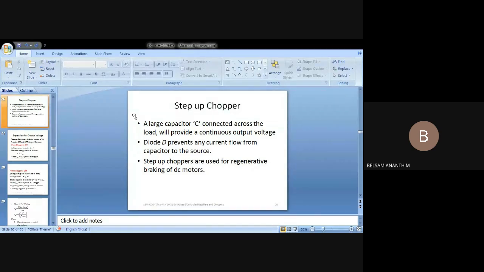Please remember, therefore, a large capacitor C connected across the load will provide a continuous amount of voltage. Diode D prevents any current flow from the capacitor to the source. Step-up choppers are used for regenerative braking of DC motors. So this application may be